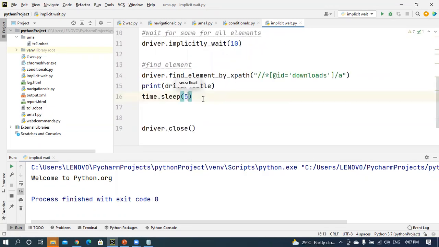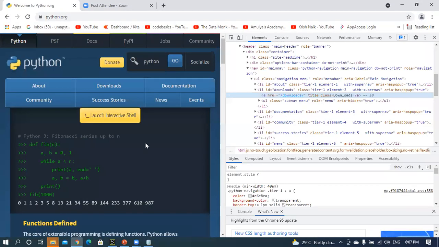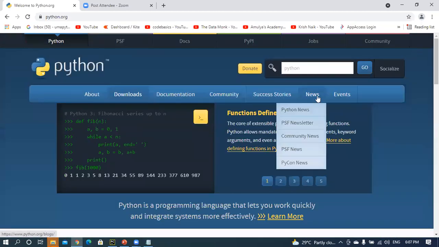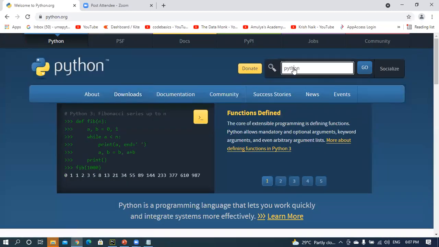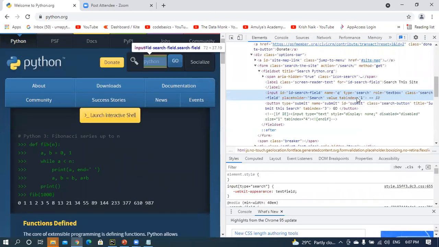After that, I'm going to inspect another element. For example, this element, where I am writing something. There is an ID, so I'm taking the ID.